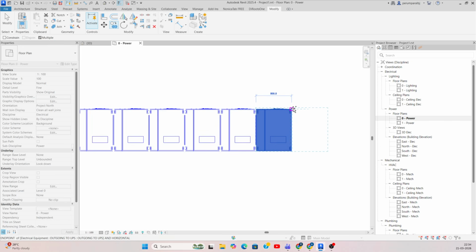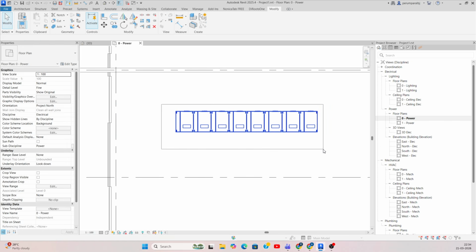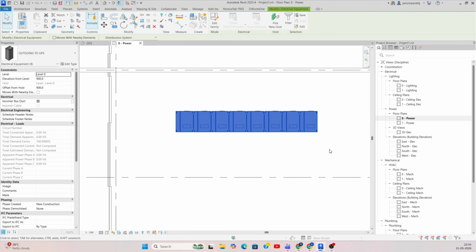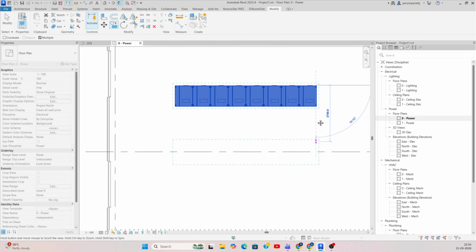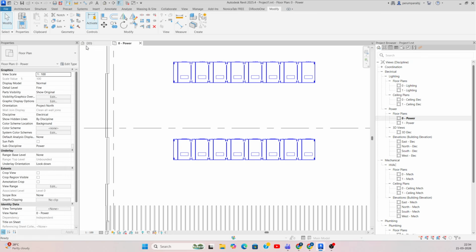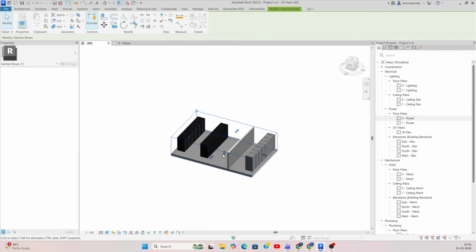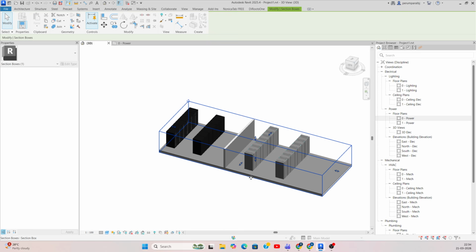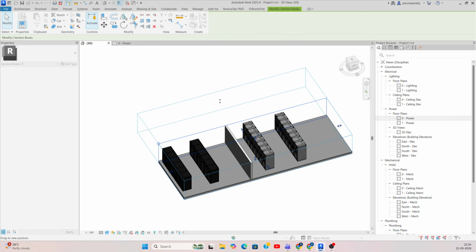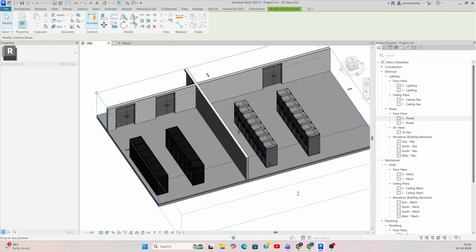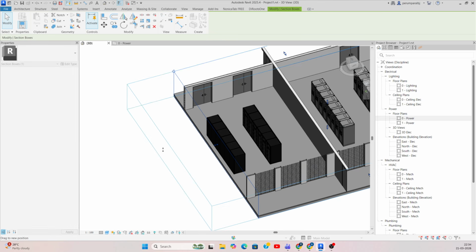So this is our panel, for example. Okay, so I need one more row like this. So I can just copy this one, CC for the copy, and I just place it there. If you go to the 3D view, you can see the placement of the panels. It will become like this. And then we can draw some